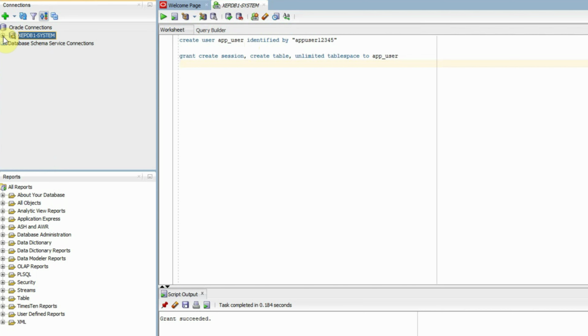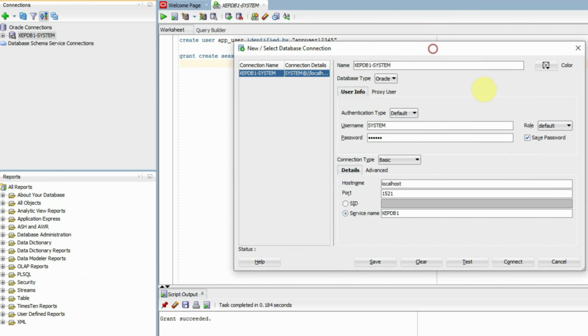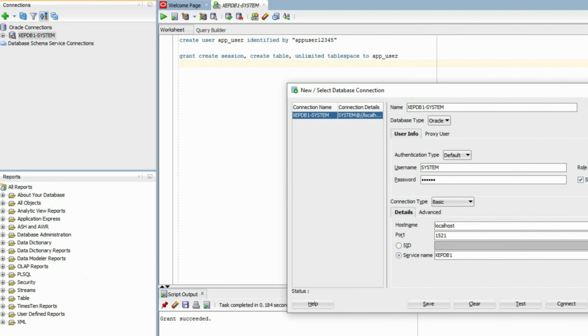Now let's try to connect to the database using this newly created user, because we are not going to connect to the database every time as a database administrator. So what I'm going to do, I am going to duplicate these properties of the existing connection, give it a new name as xepdb1, and it will be say app underscore user. And instead of the username as system, I will put app user